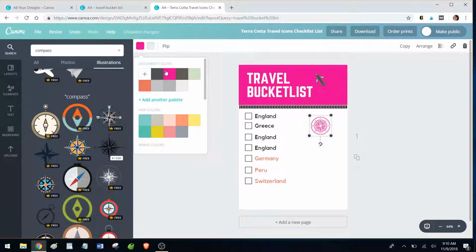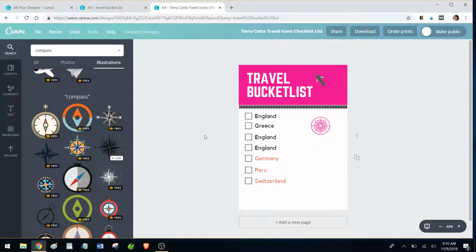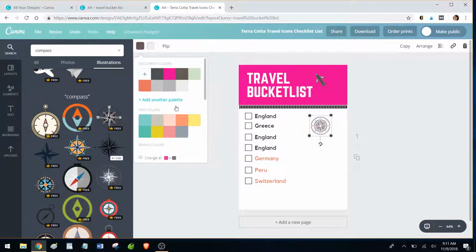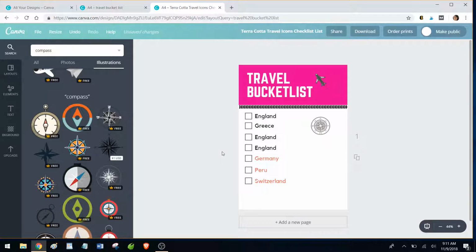Let's put a little raspberry in that one too and see what it looks like. So that may be a little too much color for you. You can go back to the neutrals so you get the idea. You can play around with the colors with those as well. Also, there were some mountains down here in the corner, so I'm going to show you that really quickly and then we'll move on. You kind of get the idea that you can customize these things